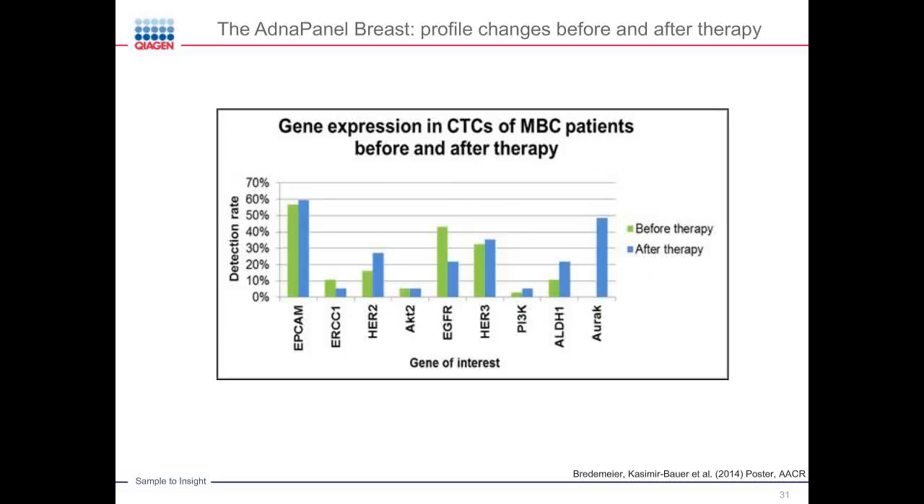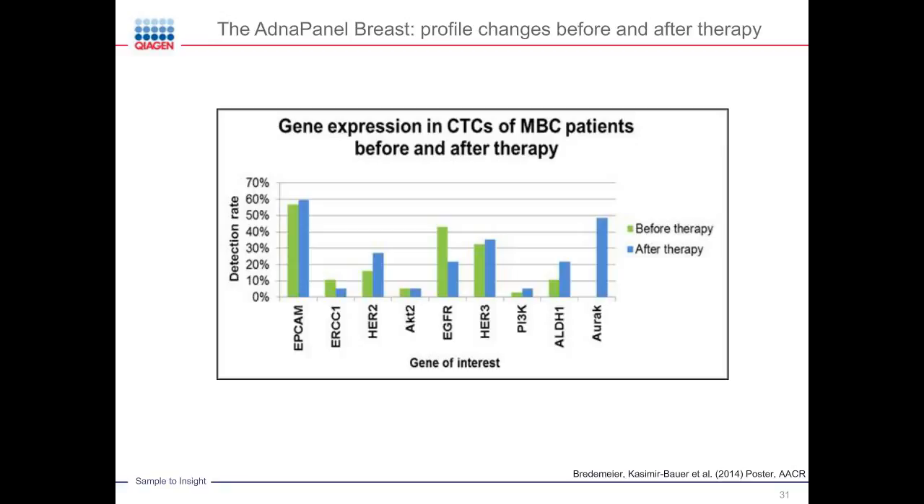Other panels we developed afterwards based on these results, because we also had genes on the first panel that never appeared in breast cancer. It was the first panel that we developed here for breast cancer that will probably be commercially available soon. It consists of AdCam, ERCC1, HER2, AKT, EGFR, HER3, PI3K, ADH1, and Aurora kinase. When we did first studies with that panel, we first wanted to know,